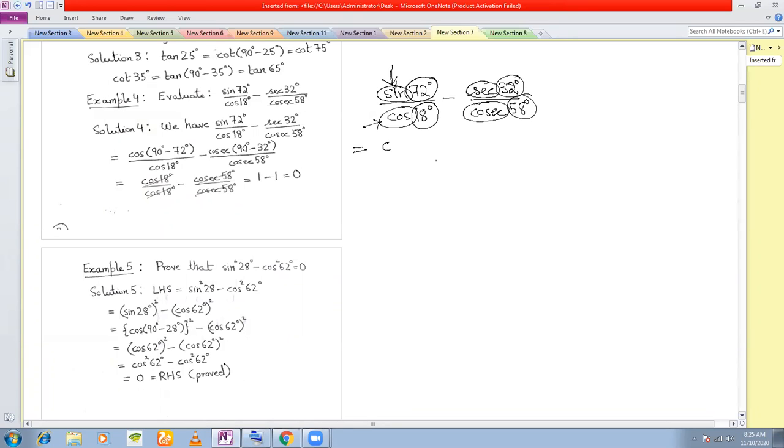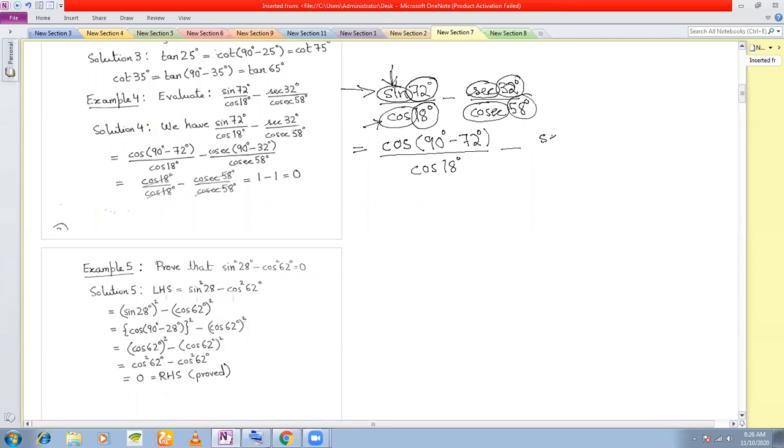Whenever you observe this kind of phenomenon in any problem, then you must change one trigonometric function to another. Okay, I opt to change sine here. So let's change sine to cos. So sine 72 degree when expressed in terms of cos, I can write this as cos 90 degree minus 72 degree. And this cos 18 I keep as it is. Remember, I want to change only one of them, not both. Okay. And the next one is,